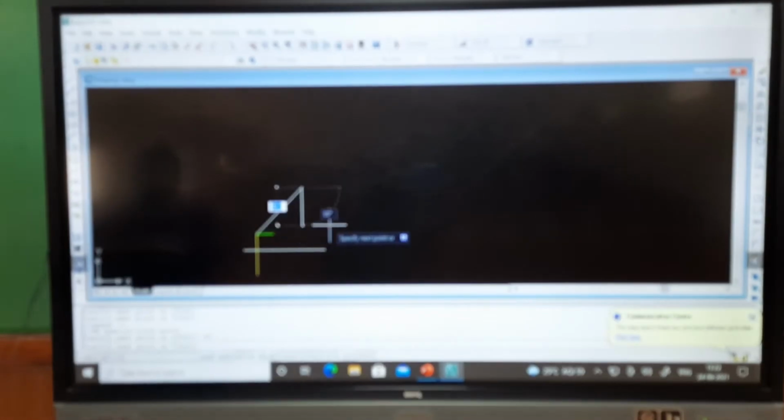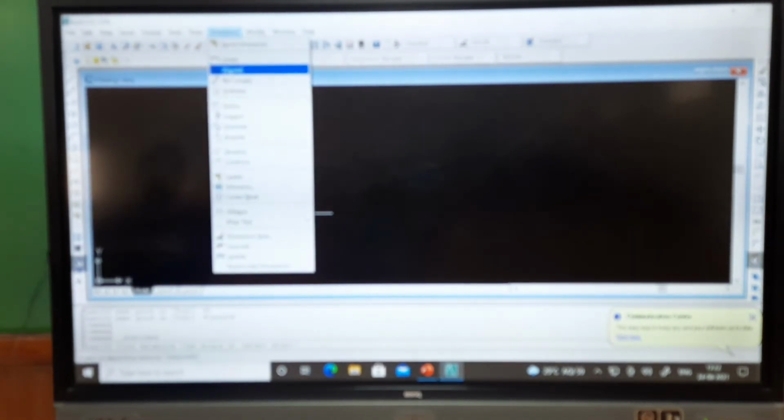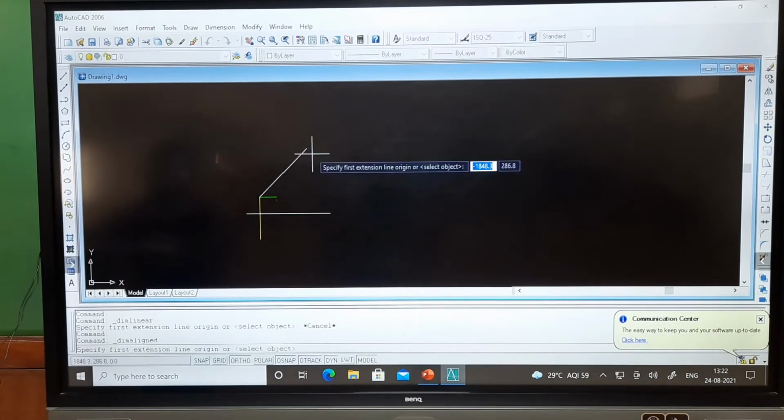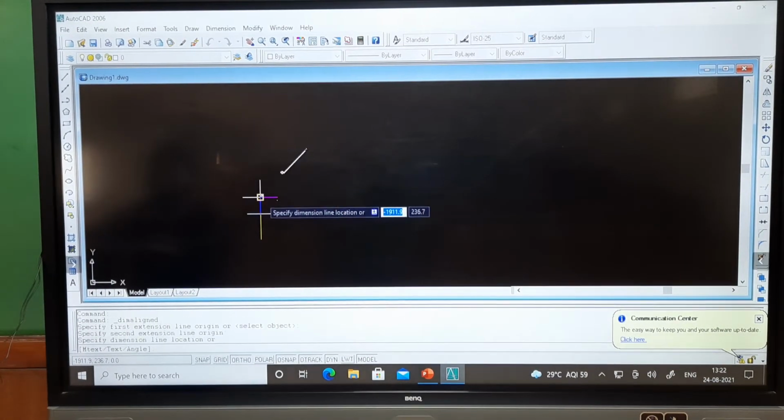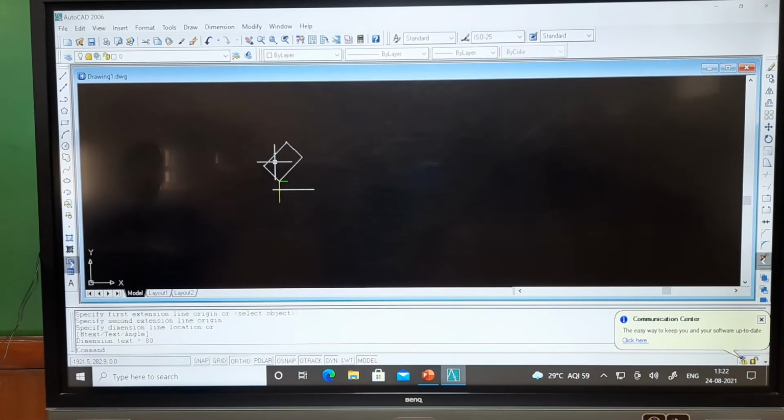Now we have to change that angle from 90 to 45 because it is given in the question. So I am changing it to 80 mm is the length, tab, after that 45 degree we have to give. So, see here, if I am giving that, I am getting this line and the length of this line is, if I see linear, I won't get the correct dimension. Because of that I have to go for aligned dimension, because it is not a straight one. So, because of that I am taking the aligned dimension. So, here if you see that I am getting 80 mm.